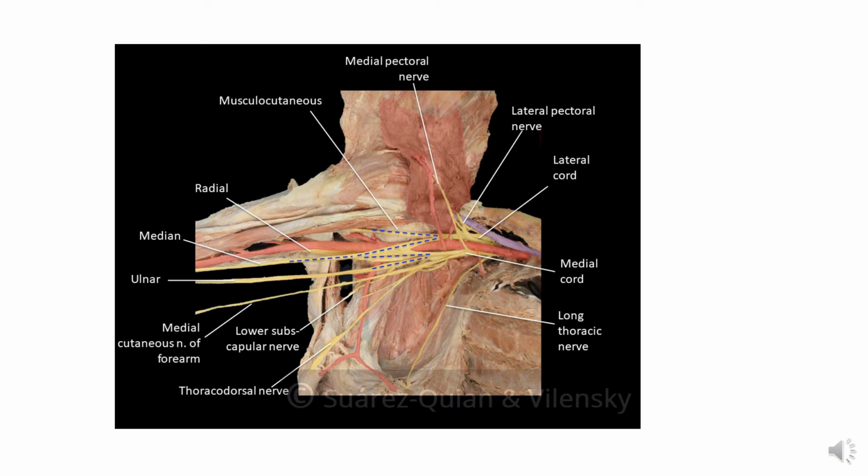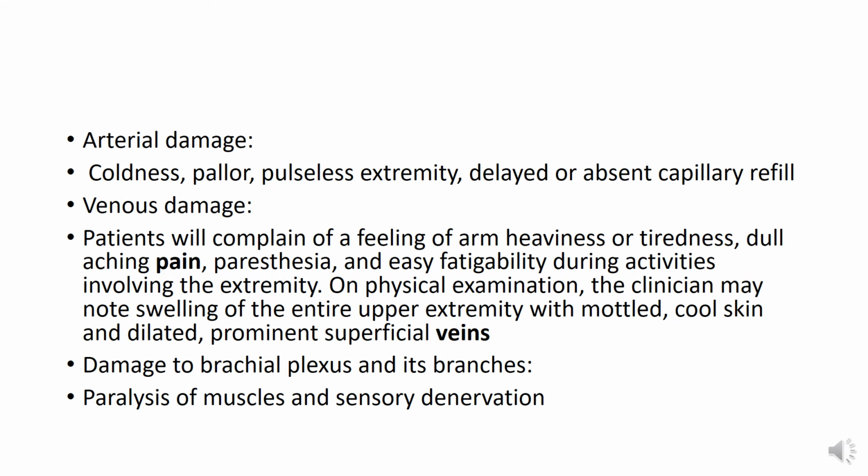I also want to show you the cadaveric appearance of the axillary artery. This is a very important slide for its orientation. You can see this is the pectoralis minor muscle. Here you can see the first part of the artery, this is the second part, and this one is the third part. So you can see the difference. The cords are behind the second part, which is behind the pectoralis minor muscle.